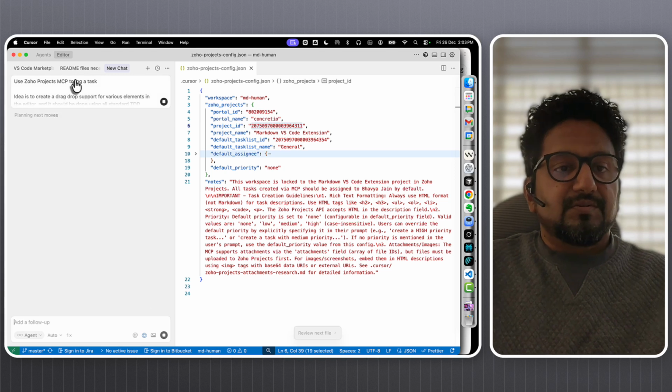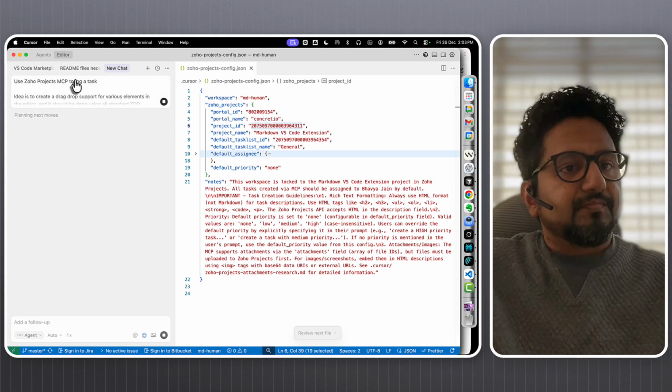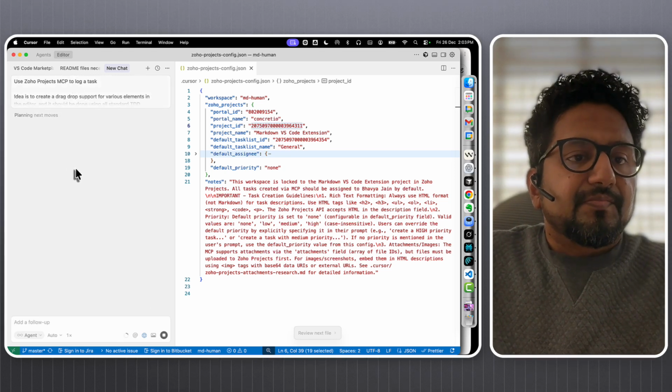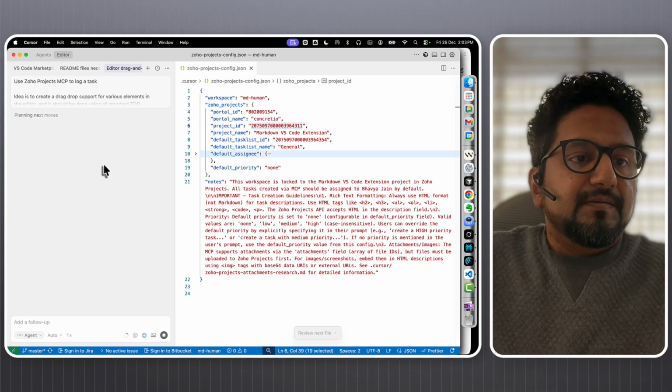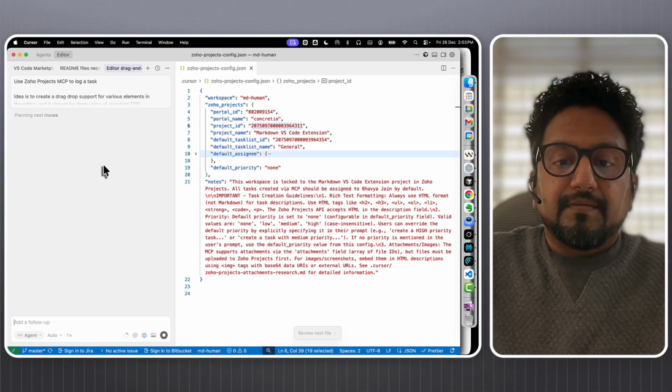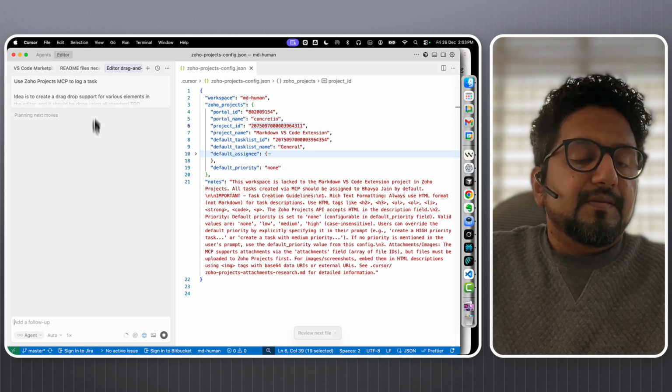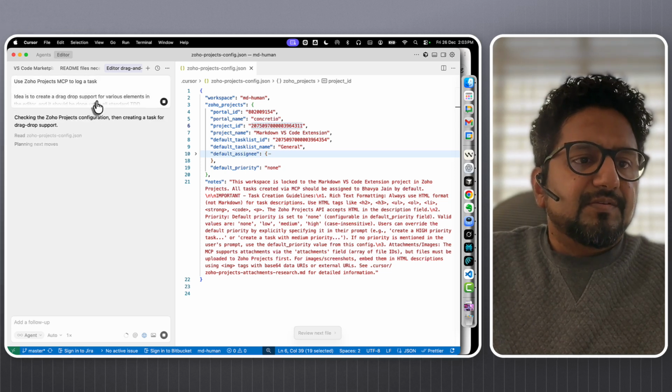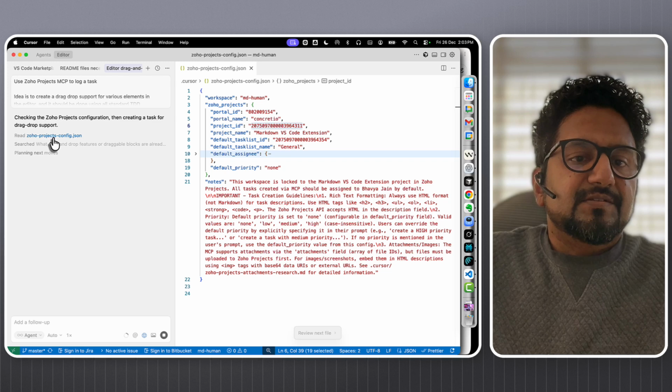Let's see what it does. Taking a while, typically it never does. Okay, so now it's reading this configuration file,